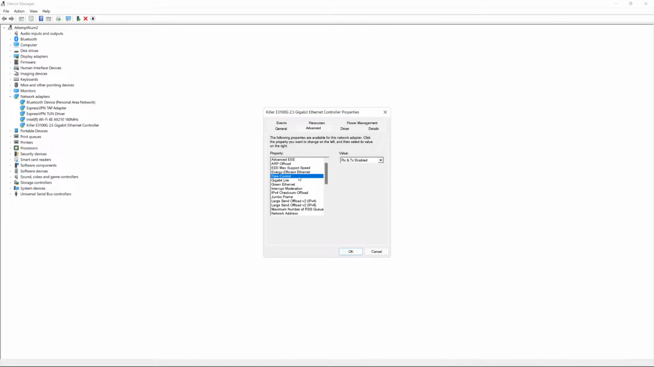no thanks. Flow control, a lot of these you're just going to go ahead and leave alone. Green Ethernet, disable. It's stupid. Interrupt moderation. I can't remember if this is something I want to have off or on. We'll leave it alone for now. Jumbo frame, disabled. Offload, enabled. Maximum number RSS queue. Can't remember what that's for. Network address, I'll just leave that alone as well. That's offload, power saving mode disabled, priority VLAN enabled,